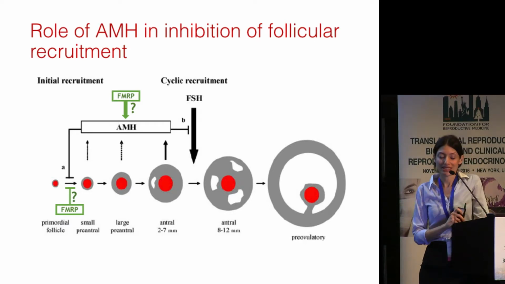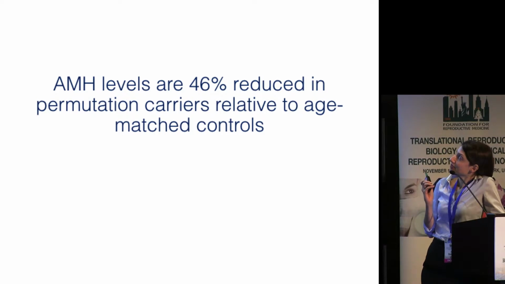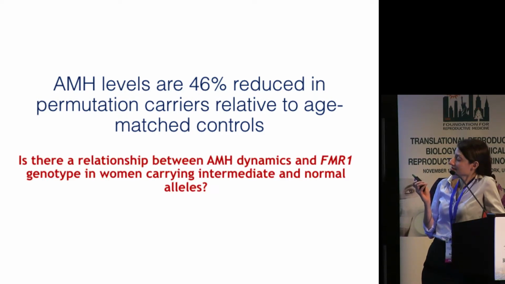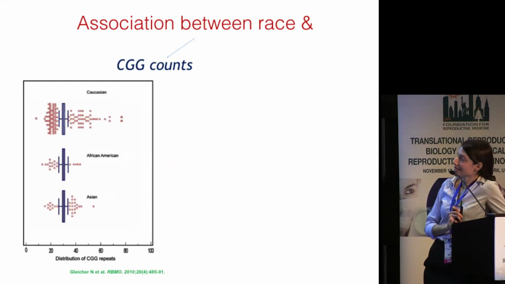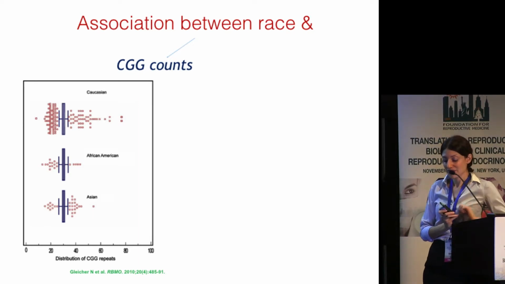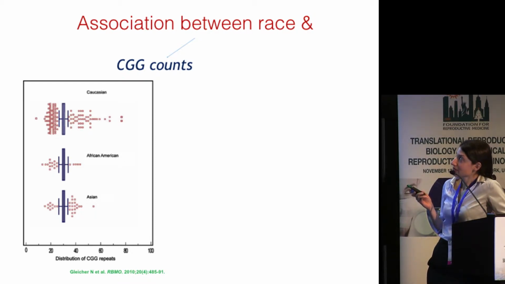Because of some evidence suggesting common roles for both FMR and AMH, and because they both seem to have associations with race, if you look at CGG counts in patients with infertility that are stratified by race, this is a box and whisker plot. You see that